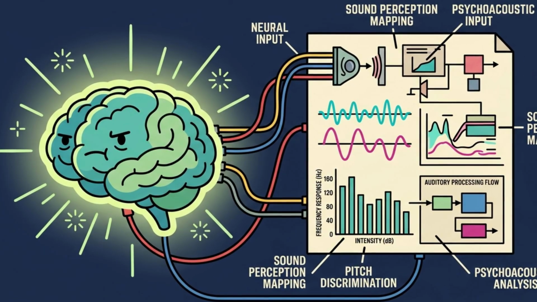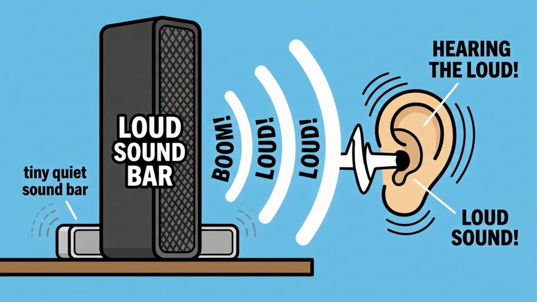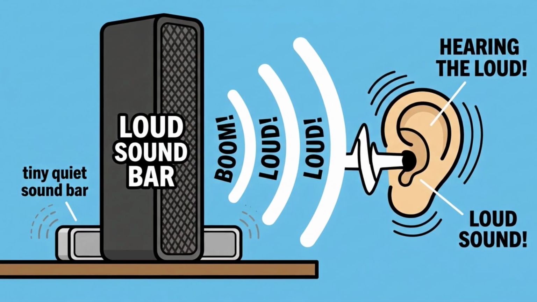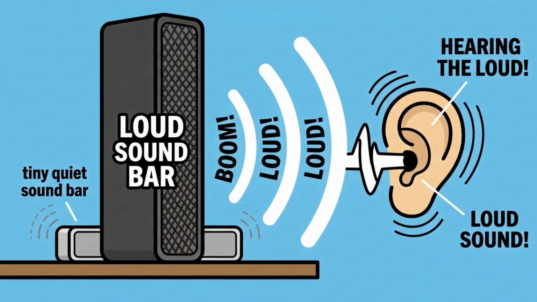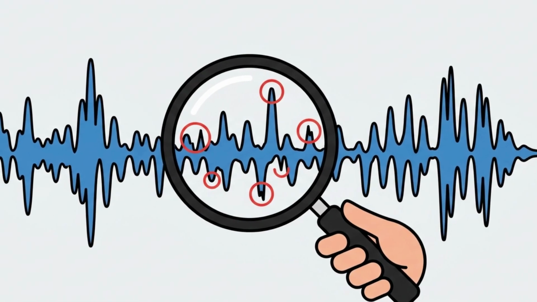When a loud sound and a quiet sound happen at the same moment, your ear physically cannot pick out the quiet one. The loud one drowns it. So the MP3 looked at that and went, if your brain is already deleting that sound, why am I storing it? It hunts through the track for every sound